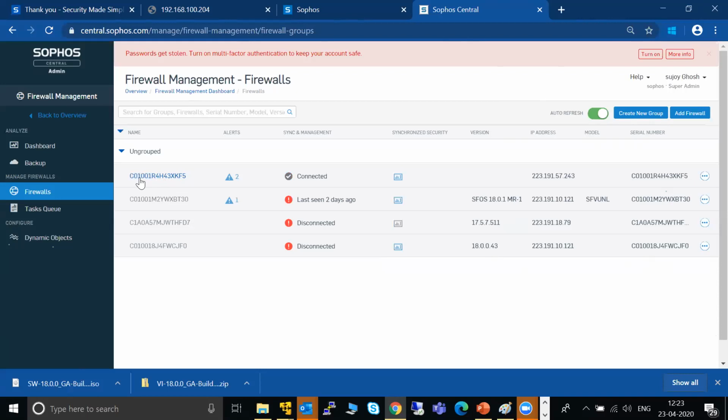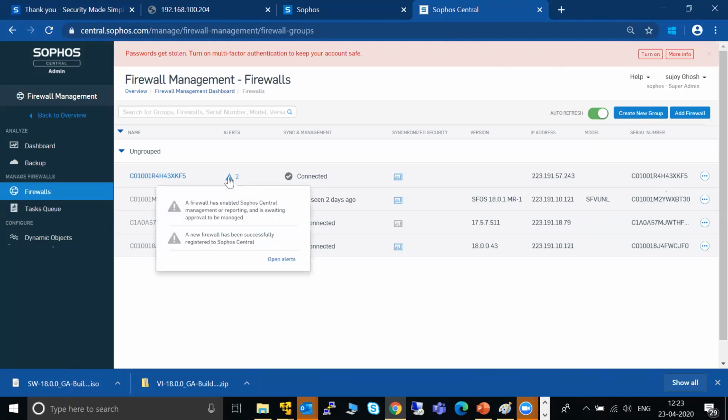Now it comes up, as you can see, this is connected. Okay, you can come here. Though it is not fully connected yet, when it's fully connected, it's going to be green. It takes some time to synchronize and exchange the other information. It says the alert. Now it is connected.